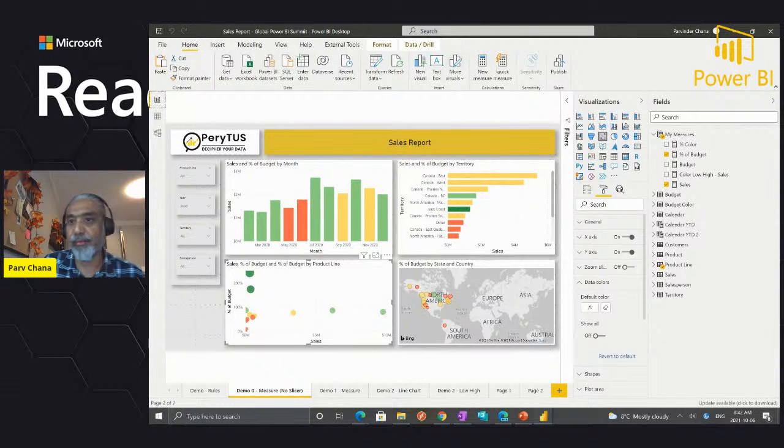The measure will take the range and then apply it in our visuals, and all the visuals will change. It's not tied to one visual now, so wherever it is above 200%, that will show in that color in all the visuals.